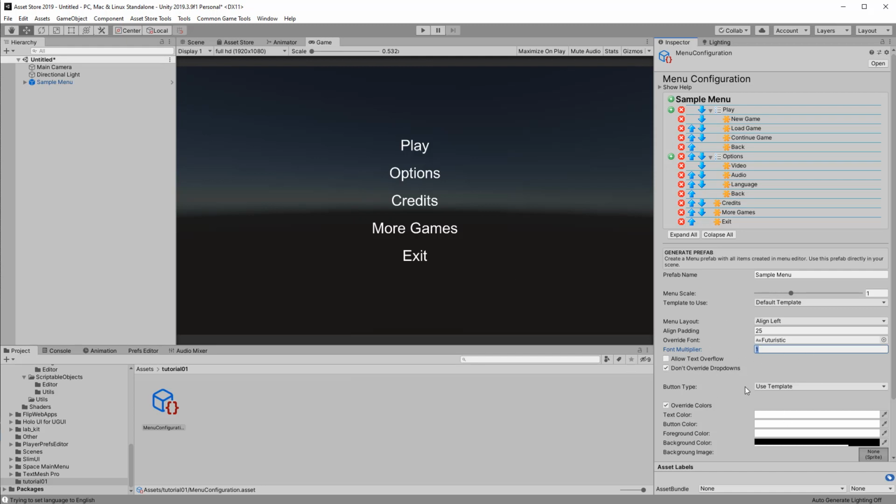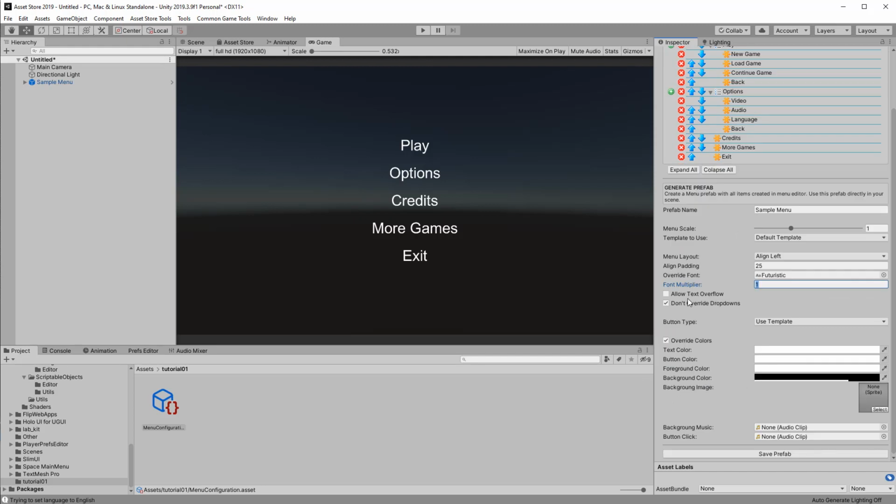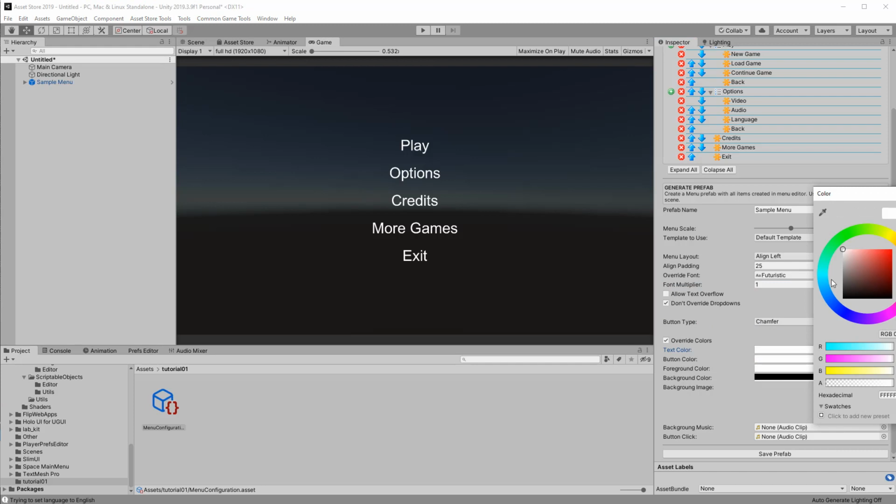These other two options I'm gonna leave as is because I don't think I need to allow the overflow of the text, and I wish my drop downs to keep the Arial. Under button type, use template. No, I'm gonna choose, for example, chamfer, and in colors I'm gonna change from this to this other one, something more futuristic,